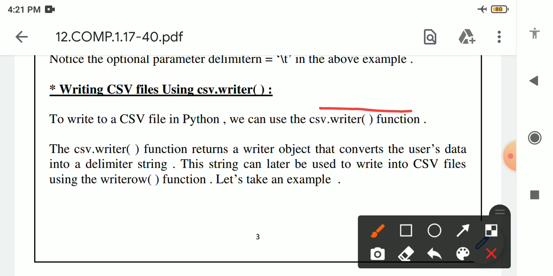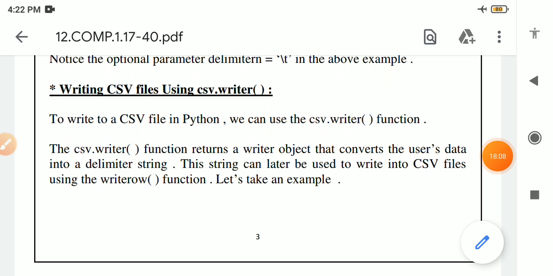The csv.writer function returns a writer object that converts the user data into a delimited string. This string can later be used to write into the CSV file using the writerow function.